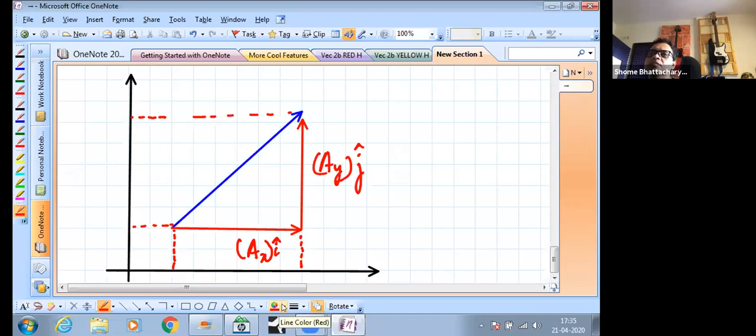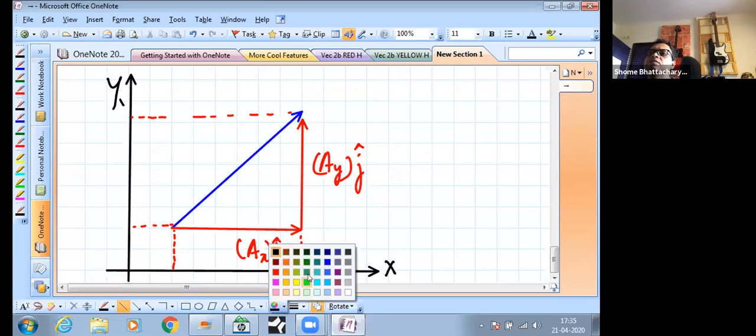So that is why we can say, now just apply your knowledge of vector algebra and you'll see that this vector Ax i cap, which is this one, plus this vector Ay j cap, a perpendicular vector, which is this one. What is the resultant of these two? It is nothing but this vector. And this vector is what we have labeled in the first place as the vector A. So that is the logic of saying that the vector A is actually the sum of Ax i cap plus